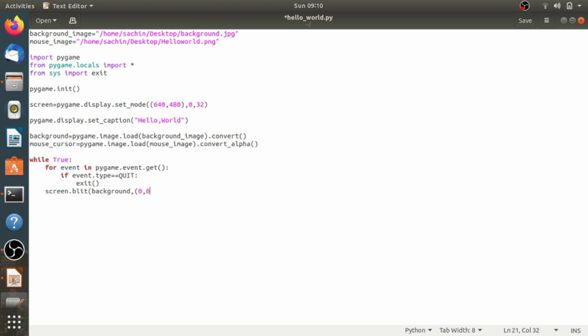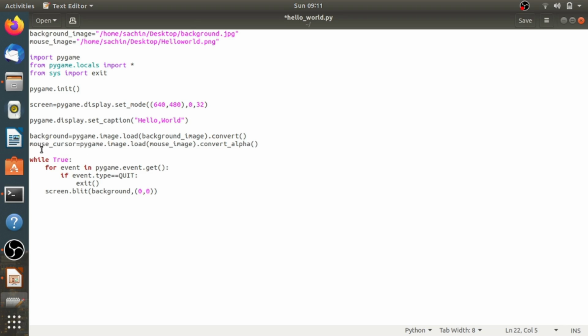So I am passing here background, and here let's say we are going to blit to the coordinate 0, 0, which is the top left of the screen, and the background will never move, right? We just want it to cover the entire Pygame window, so we can blit to the coordinate 0, 0, which is nothing but the top left of the screen. So provide it here 0, 0.